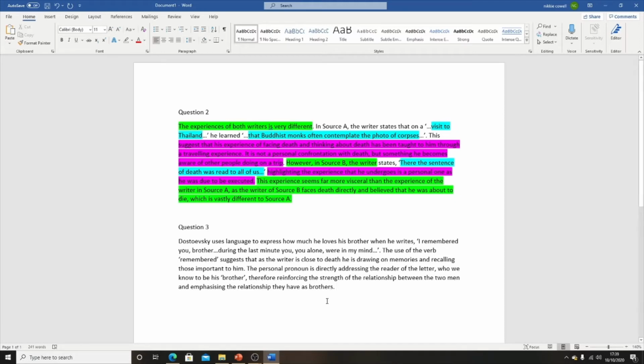I'm going to just add in there as well, and I would do this in the exam, I'd go back, the familial relationship they have as brothers, so just in other words the family bond that they have as brothers,